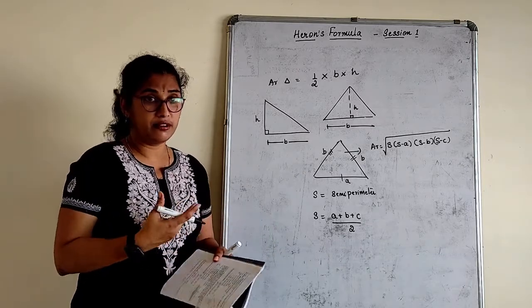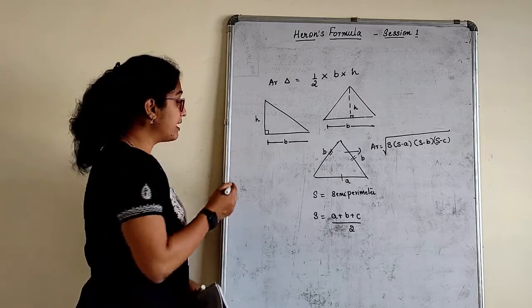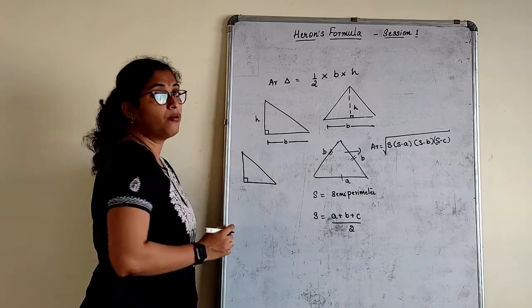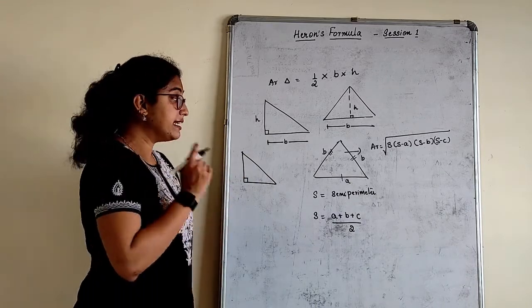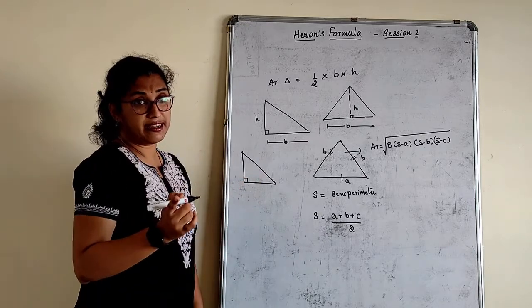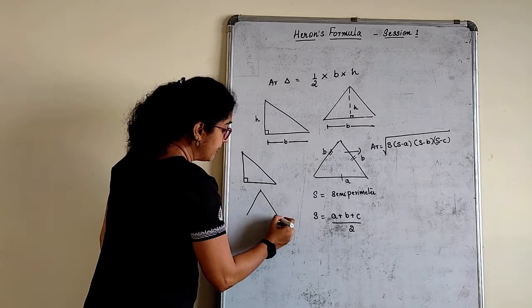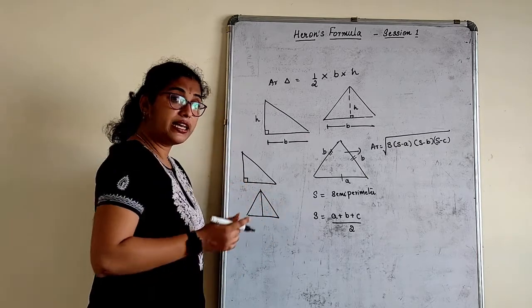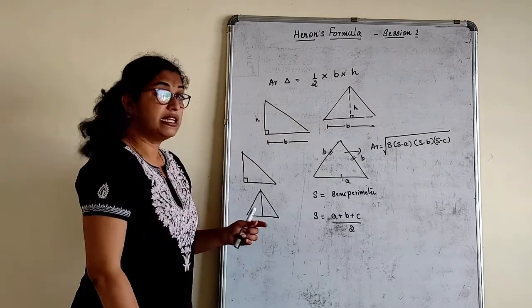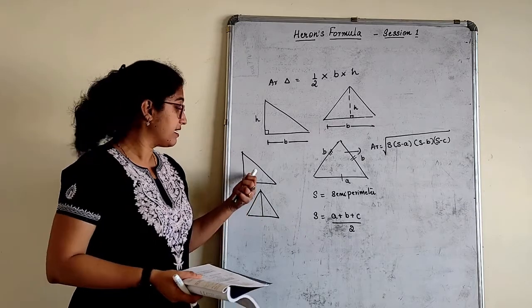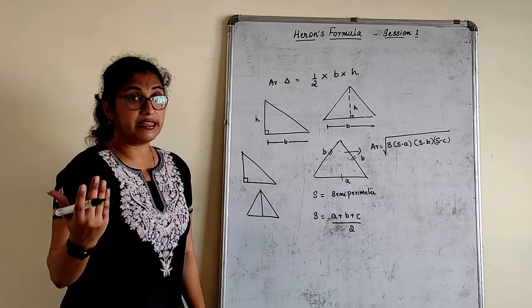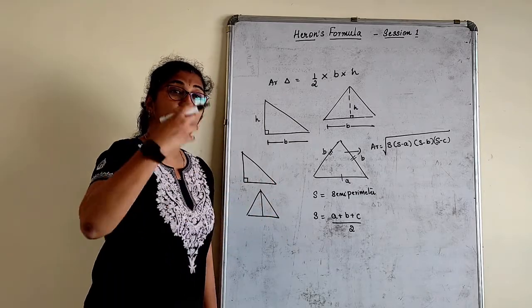Suppose, teacher, in the given question we come across a right angle triangle. Should I apply Heron's formula? My answer is no. In case in a given sum you come across a right angle triangle, or a triangle given with the altitude, should I again apply Heron's formula and find the area? Not required, children. There are no such sums where directly a right angle triangle or a triangle with an altitude is given. But there are some instances in the second exercise where a figure is given,